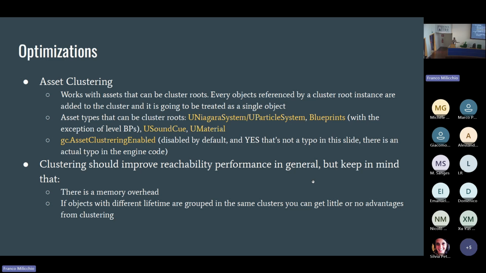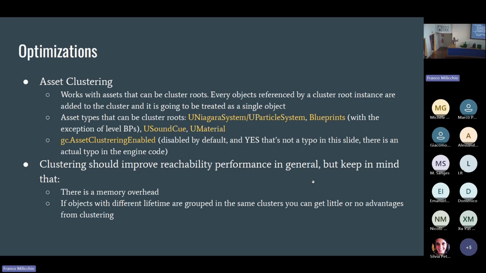There are a few types that can be treated as cluster roots. You have Niagara or particle systems. So whenever you spawn a new collection of particles, you can have all the particle objects treated as one single object. You have blueprints. So blueprints can be cluster roots.